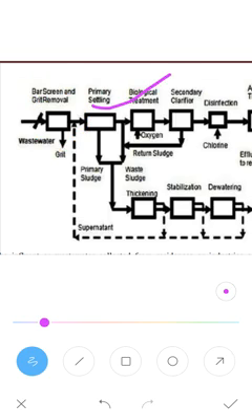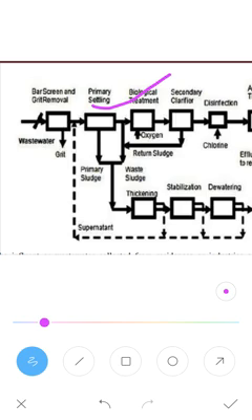So here, in the primary settling tank, the effluent which comes out from the grit chamber will be subjected to primary sedimentation. That is to remove the larger suspended organic matter. The larger suspended material starts the settling process, where water is allowed to flow at a slow rate. Then